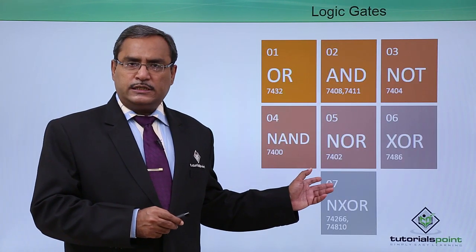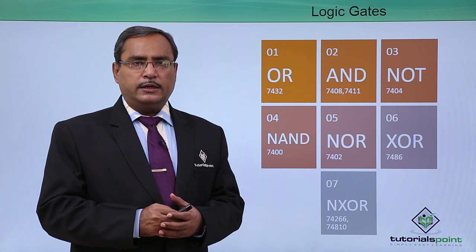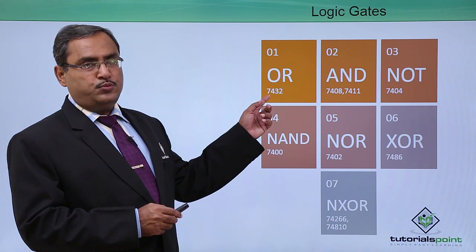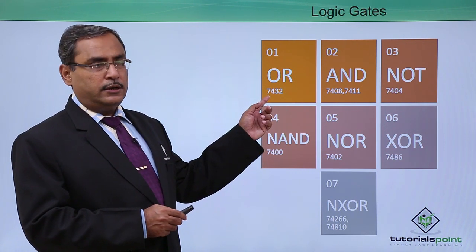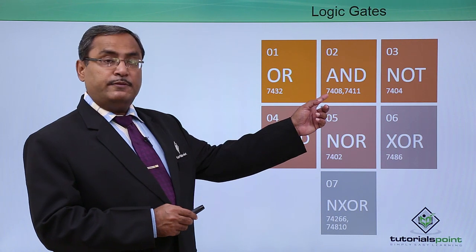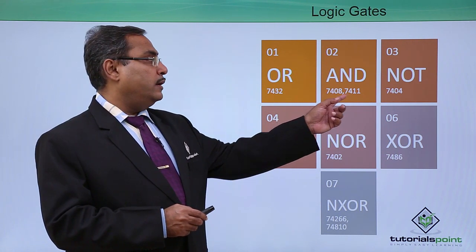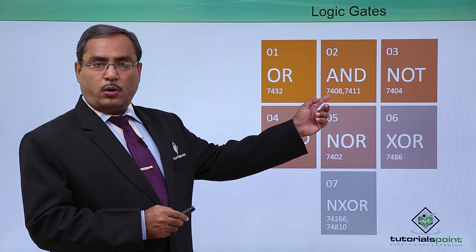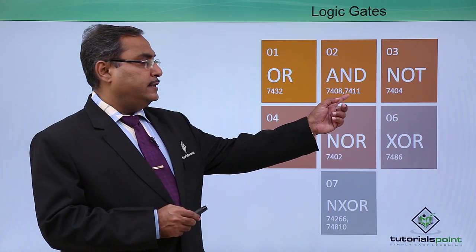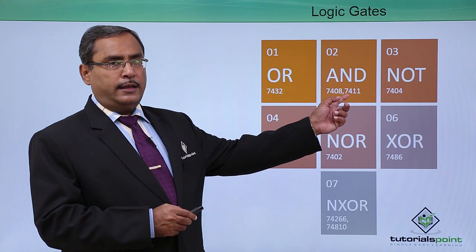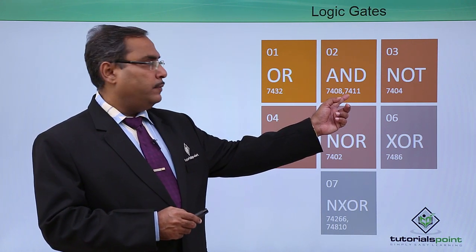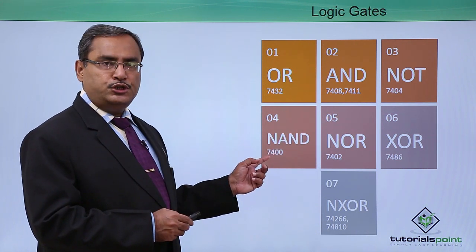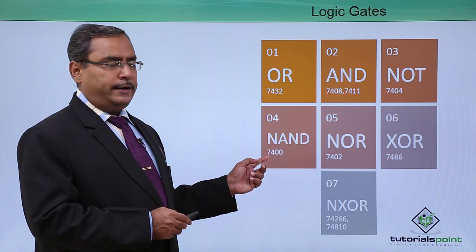So let us go for the first one. For these 7 gates we require the respective IC numbers. 7432, that is the 2 input quadruple OR gate IC, 7408 and 7411, these 2 ICs are available in the PSpice software. So it is our 2 input quadruple AND gate IC, and this is our 3 input triple AND gate IC, so that is 7411. NOT gate is 7404, NAND gate is 7400, 2 input quadruple NAND gate IC,